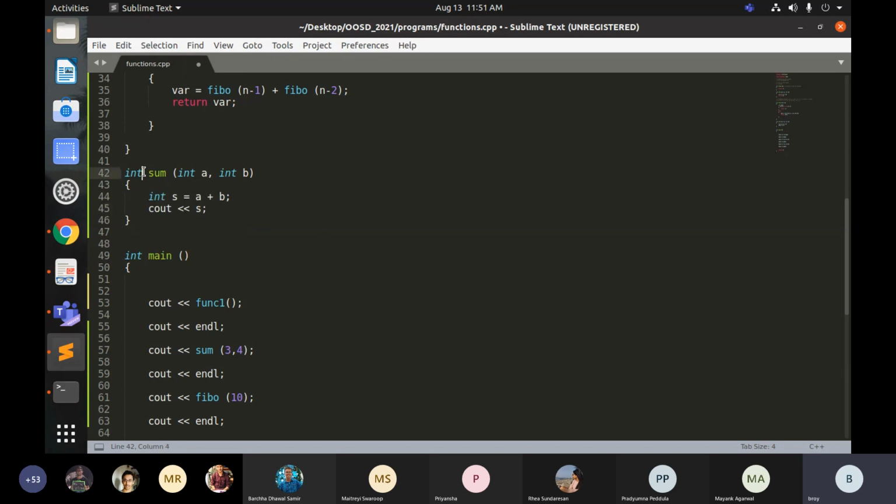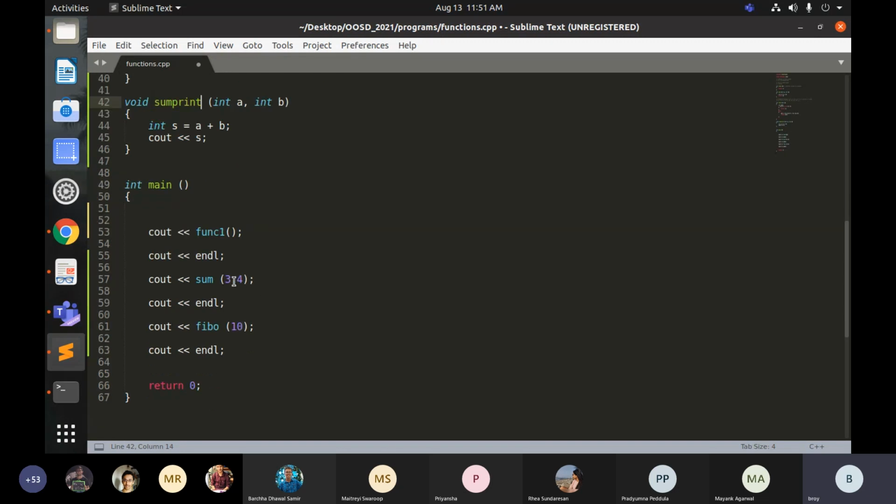And since this is not returning anything, I can write void. So this is sum print. And then if I just write sum print 5, 6, this will